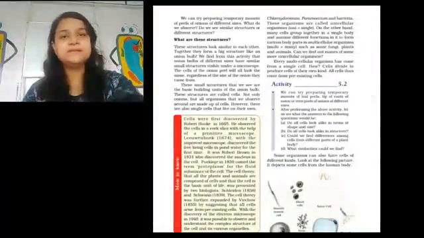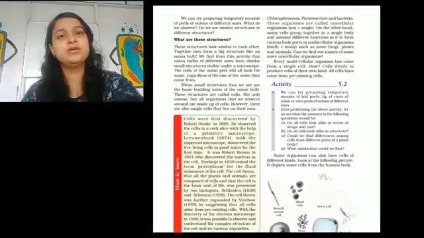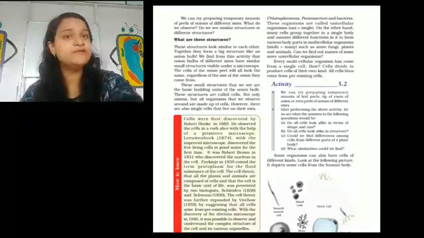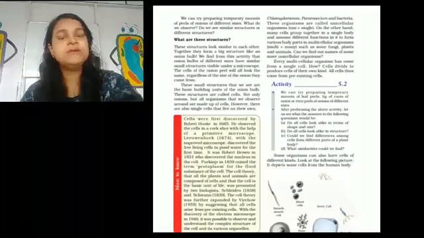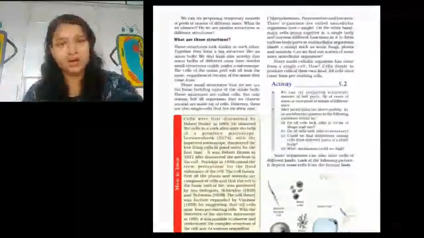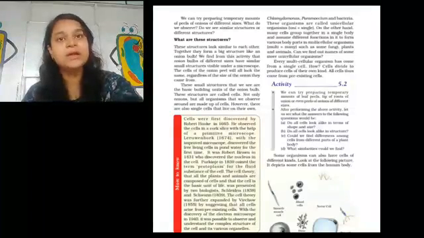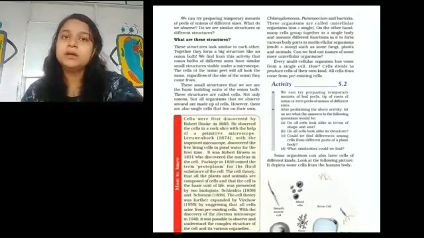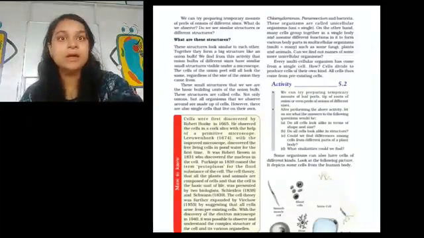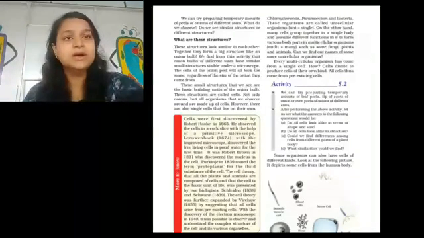Cell is the basic fundamental unit of life. That means it is the smallest unit of human beings and all living organisms. All living organisms are made up of cells. The cell is the smallest unit. When cells merge together, they form a tissue. Tissues form an organ, organs form an organ system, and when the organ systems function together they form an organism. That means we are organisms. Plants and animals like cats and dogs also behave like organisms.